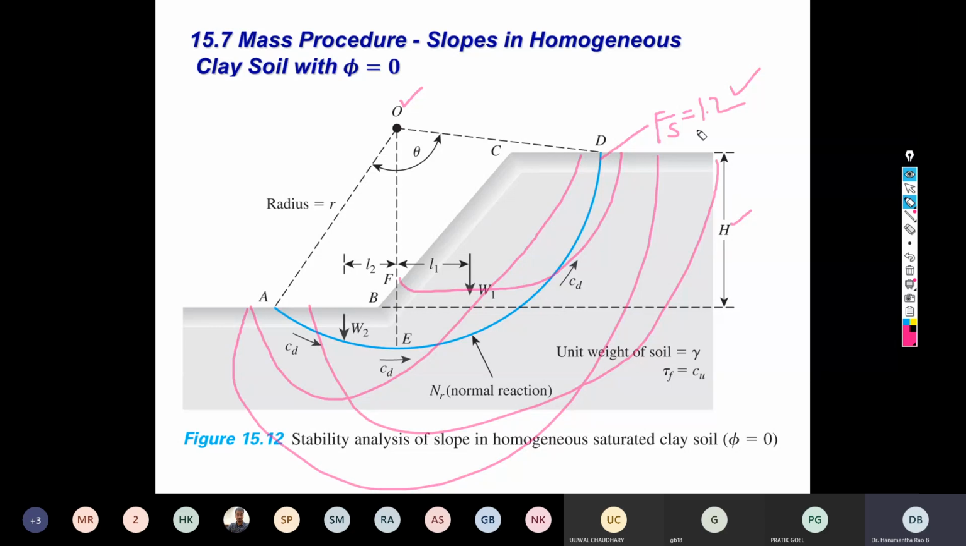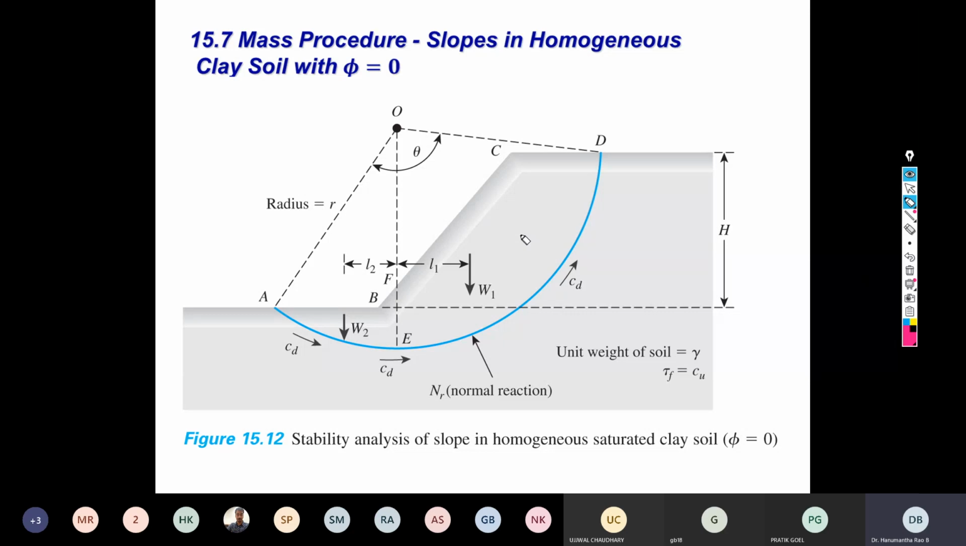So, which may be higher than 1 or lesser than 1. Your aim is to determine corresponding to which slip circle your factor of safety is least, not a maximum, corresponding to which the factor of safety is least. Since in this case we do not know the location of the trial slip circle,